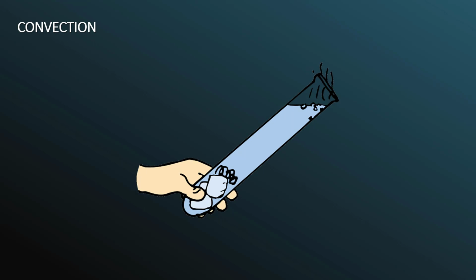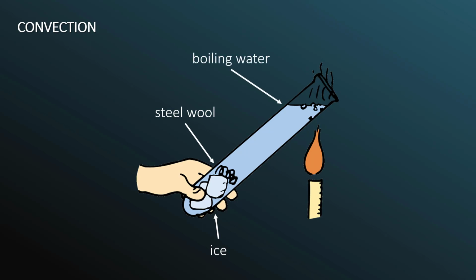Consider holding a test tube filled with cold water in your hand, and you wedge chunks of ice at the bottom with some steel wool to hold it there. Then you heat the top part of the tube in a flame until the water boils. The fact that the ice doesn't melt in this scenario indicates glass and water are poor conductors of thermal energy, and that convection does not move the hot water down. And you can try this at home. It's not very dangerous, and you'll see that you can have all three phases of water inside a single test tube.